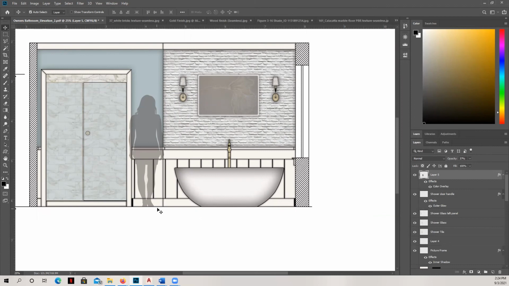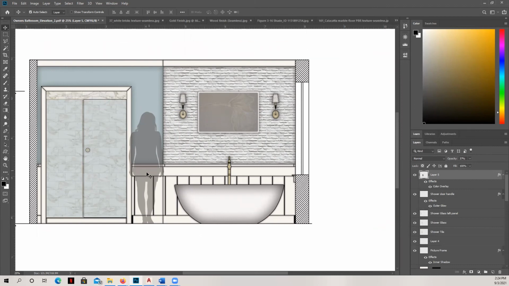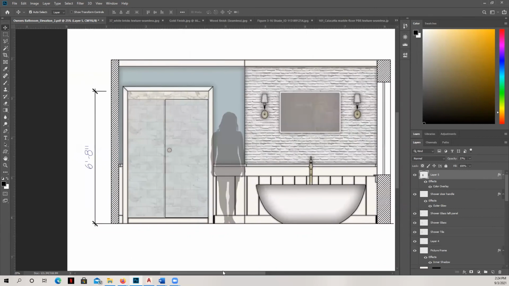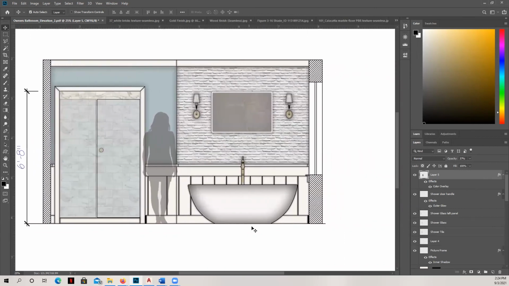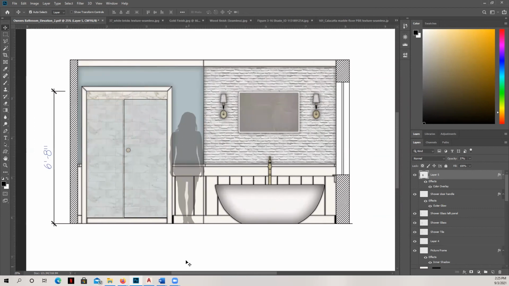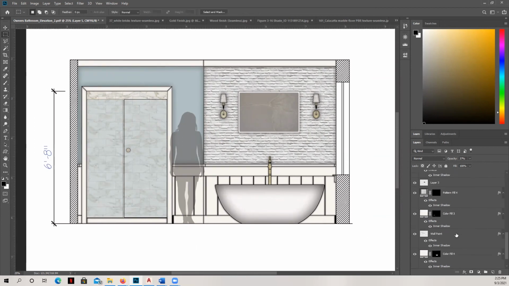Okay, so you now at this point know so much more about how to create this elevation. So the only thing that I'm going to do now is pause and create the rest of the elements of my finish key. I'm going to get rid of this dimension over here that's causing just a little bit of distraction.